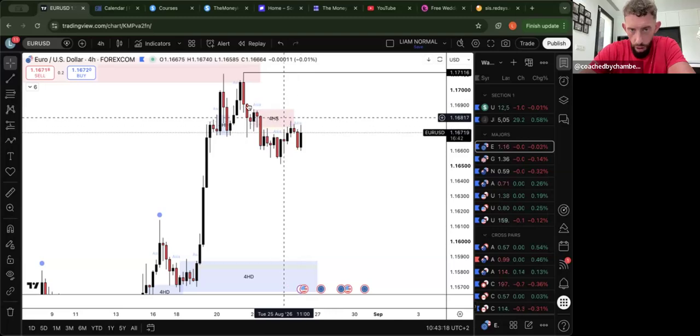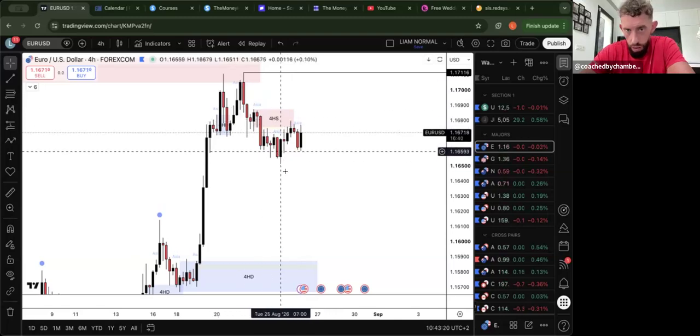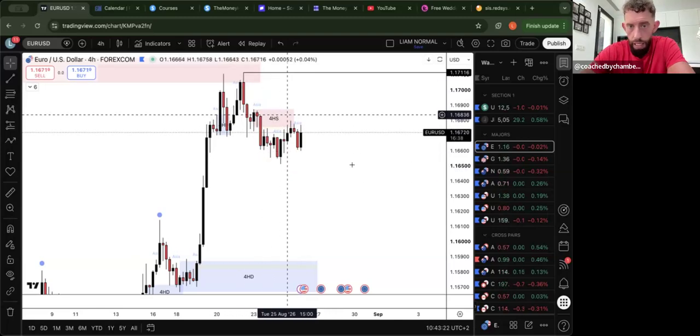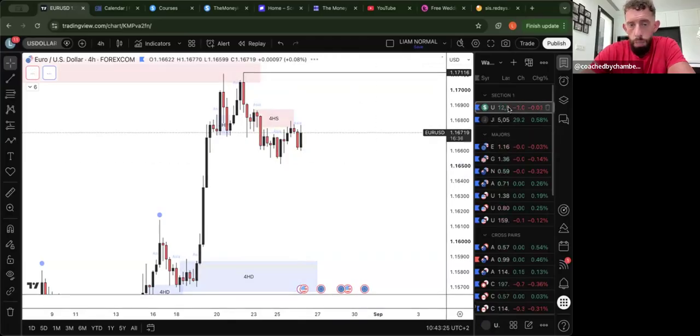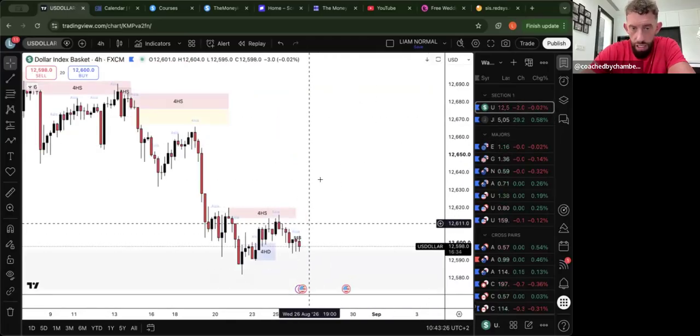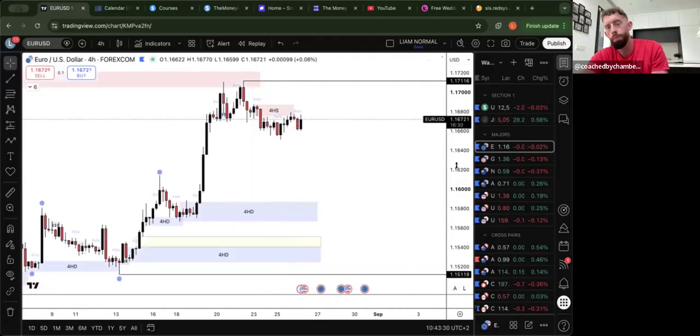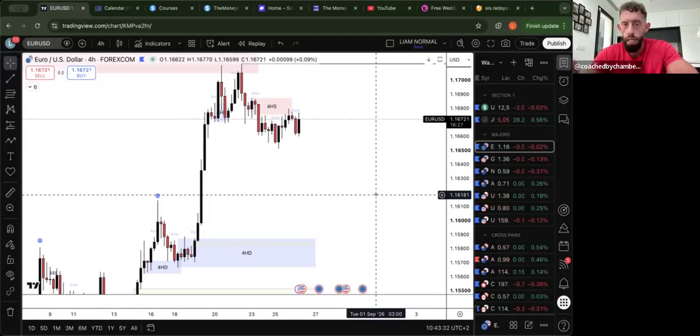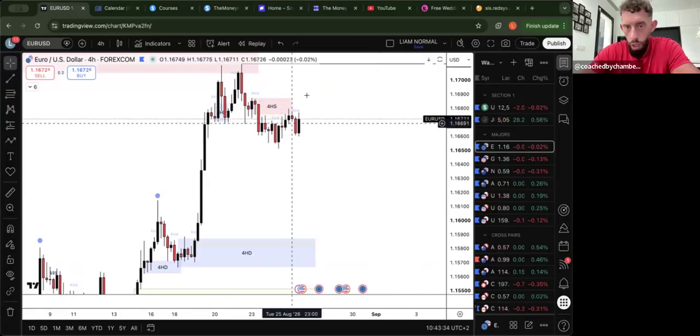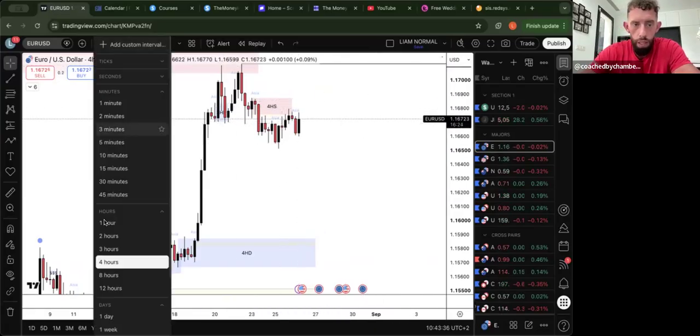We obviously had this 4 hour supply because market started to trend downwards from this supply. And again, it just depends on what the dollar is doing. If the dollar starts going bullish, then this 4 hour supply will stick. But again, if the dollar does the opposite, then this 4 hour supply will not stick and we will start to go bullish. Now, if we go down to